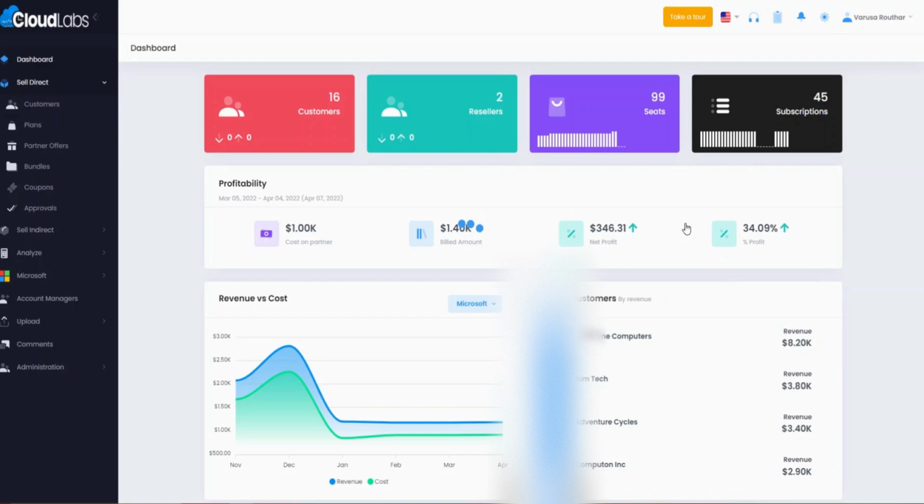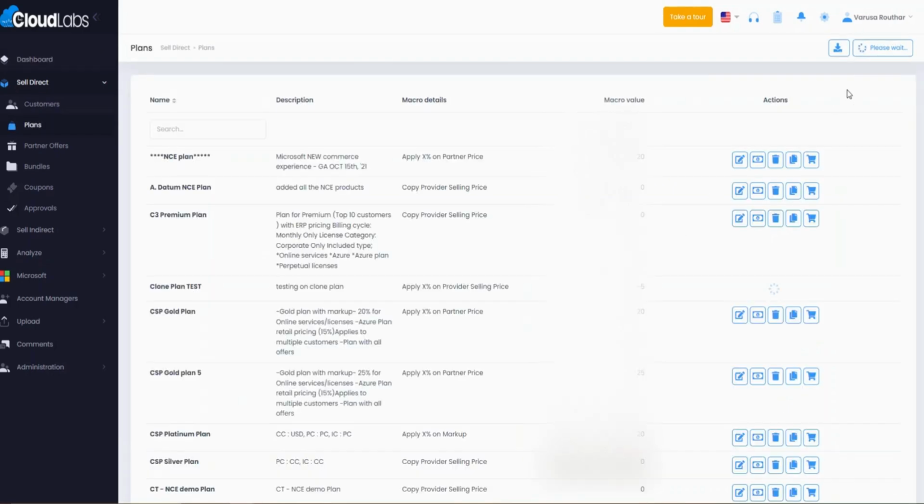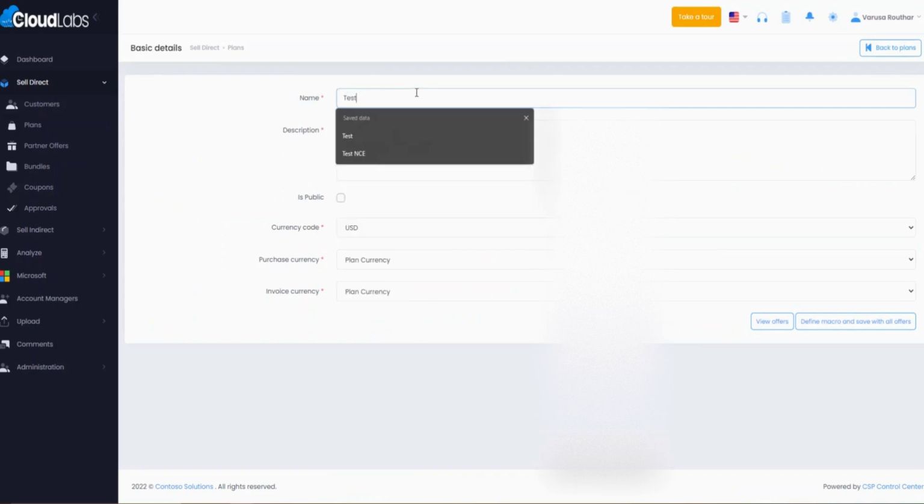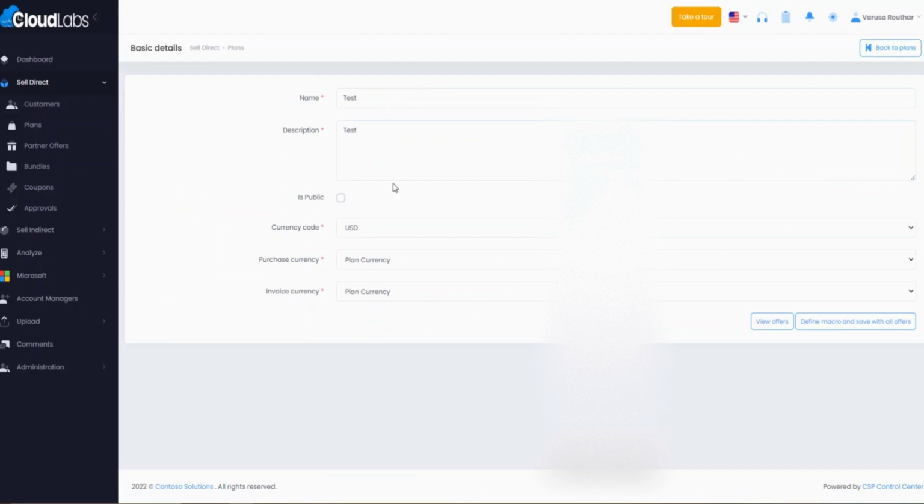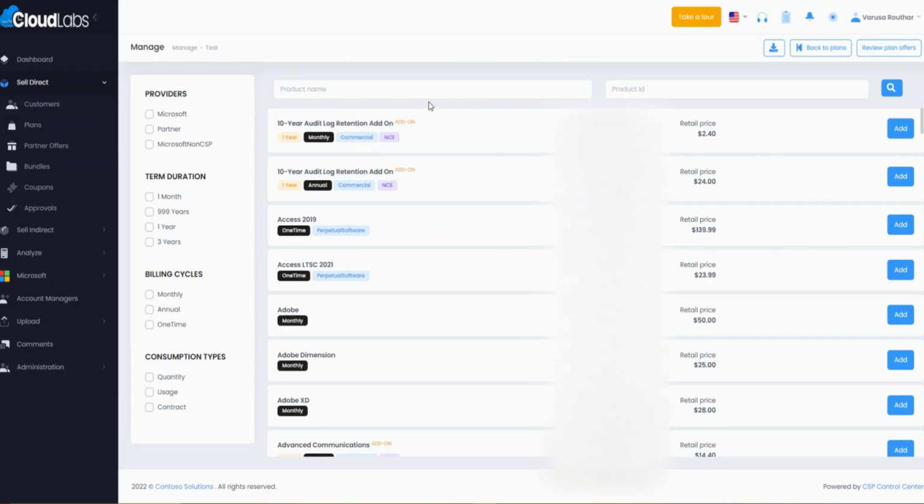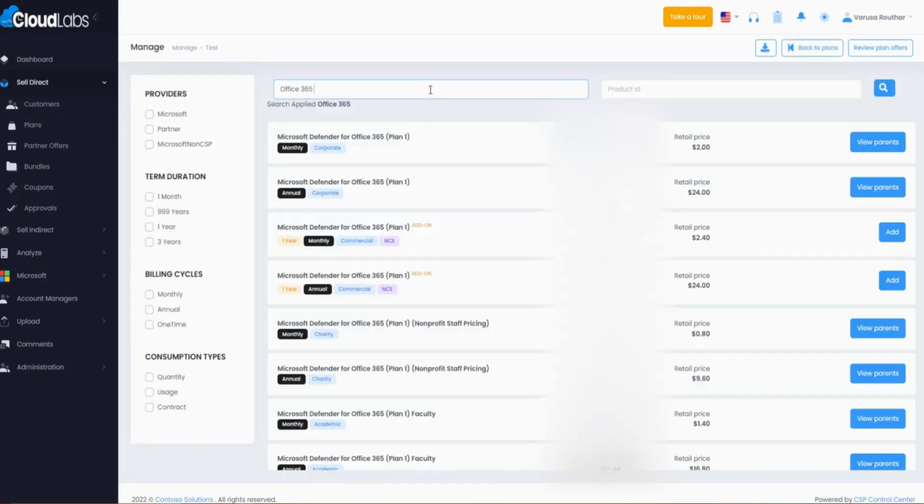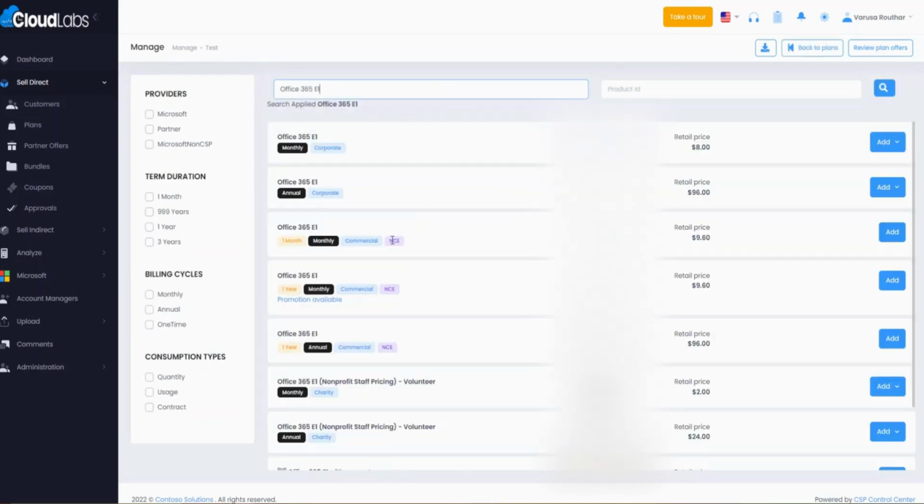A plan is nothing but a catalog of offers. This is where you will not only be able to define your catalog, you as a partner will also be able to define your margins along with that particular catalog. There are a couple of common ways how you can create a plan. However, one of the ways that I'm showing you right now would be to search and select respective offers manually,